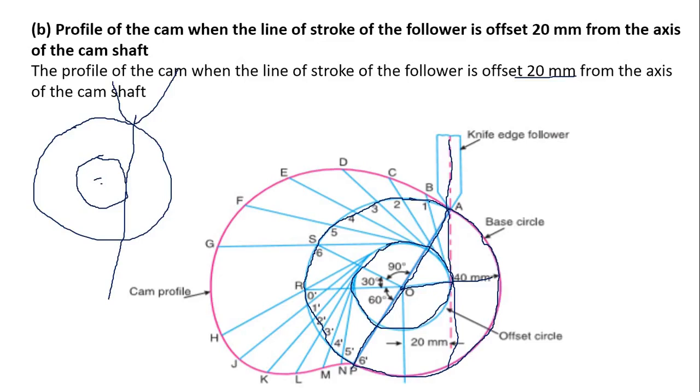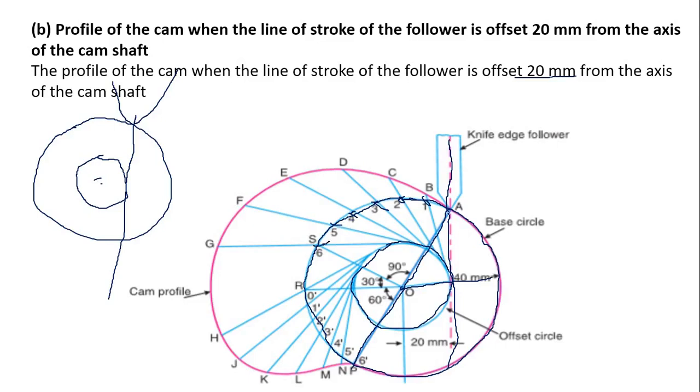and cut firstly a point on the base circle, not drawing the line from the center because this is the offset condition. So firstly we have to mark a line at a distance of 15 degree. Now this is 15 degree, 1 point, this is 2 point which is at the 30 degree, this is 3, 45 degree, 4, 60 degree, and this is fifth point. You can see here this is 75 degree, and this is A's point which is 90 degree.